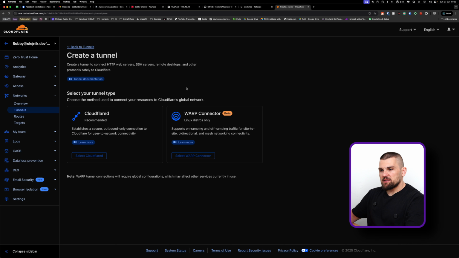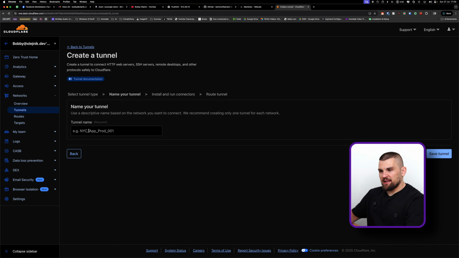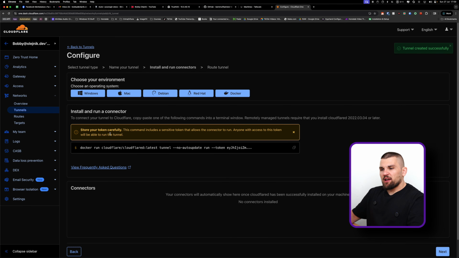So we're going to click on Add Tunnel, and then on the left hand side again, it says Cloudflared. So we're going to click Select Cloudflared. Here we're going to give it a name. Now I'm going to call it TrueNAS Demo. Click Save. Now here I tend to click on Docker because it's just for me the easiest way of doing things,